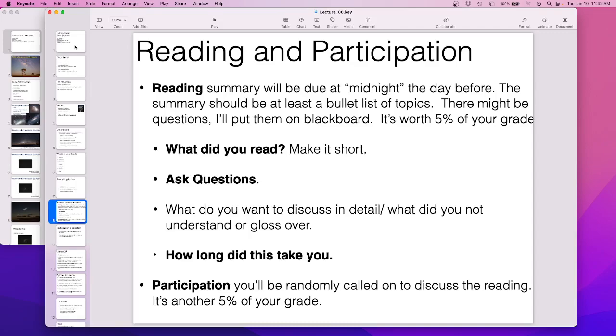Okay, reading and participation. So reading summaries will be due at midnight, and there's basically 3 parts. First, briefly summarize what you read, and whatever that means for you. If you're a detailed note taker, just take a screen cap or a cell phone picture of your notes and turn those in. That's cool. If you're not a detailed note taker, then just write down a topic from each one of the sections or something like that. Low key, easy stuff. Don't kill yourself, because if you want to try to read everything carefully, you will do nothing but this course. So it's not super bad.